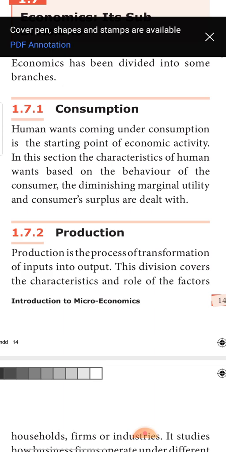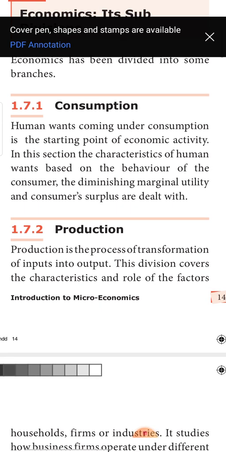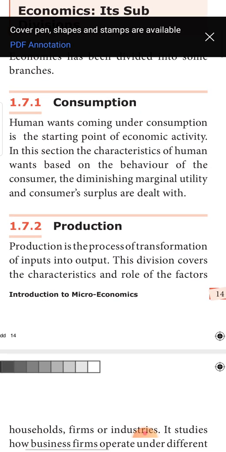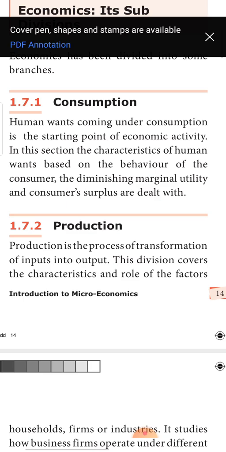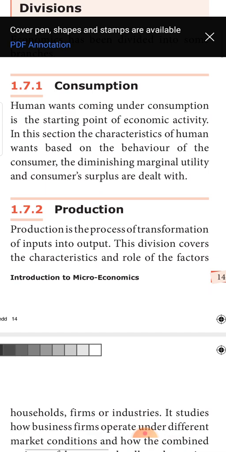Just imagine, I'll just put you this question. If none of us have the instinct of hunger, what will happen? Nobody feels hungry. That is, we don't get the instinct of hunger. Just assume that none of us are hungry. Throughout our lifetime, we are not at all hungry. What will happen? Do we have to produce food?